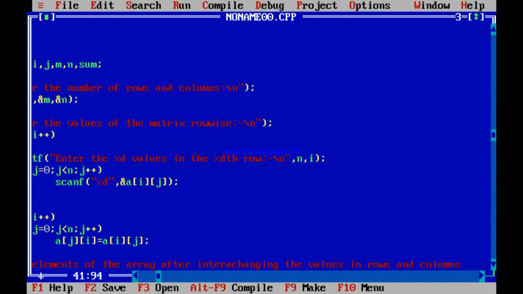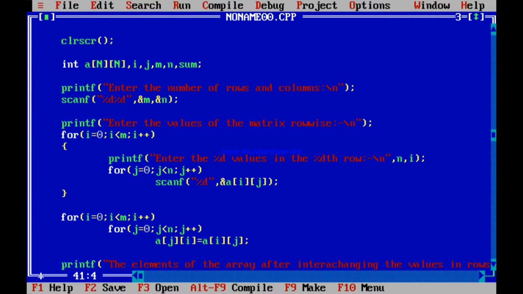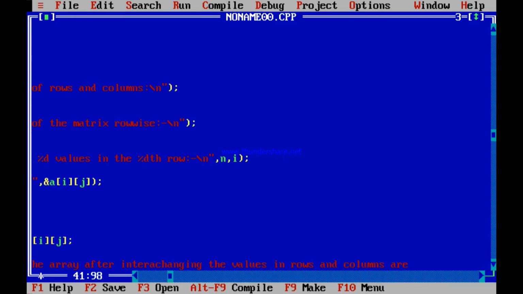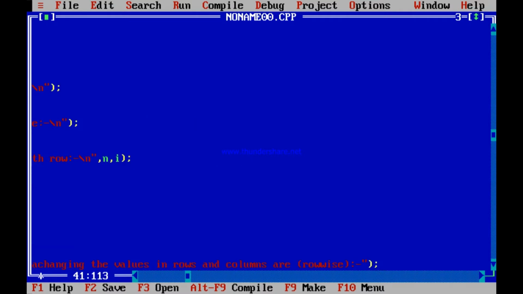After transposition, after interchanging the values in rows and columns, you are printing the elements of the array row wise. Just write row wise you are printing. So check out row wise. If you print, what are the values in the array now?